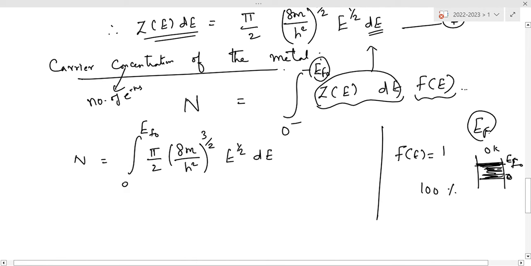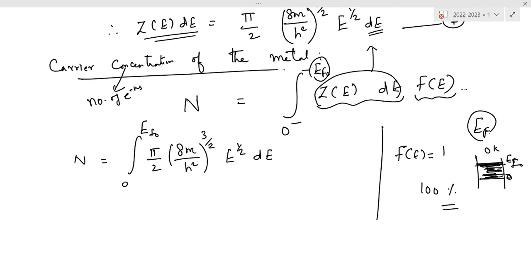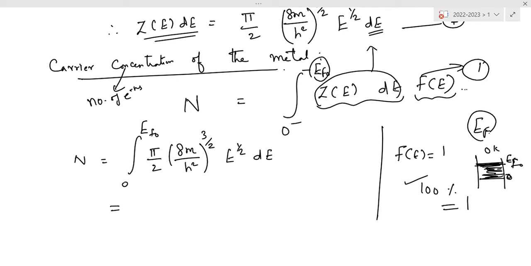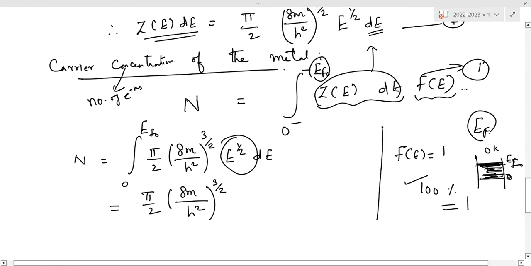Therefore, the probability function shows F of E is equal to 1. 100% filled is taken as 1 here. Therefore, instead of F of E, I am going to substitute 1. Then, integrating pi by 2, 8m by h square the whole power 3 by 2 E power half